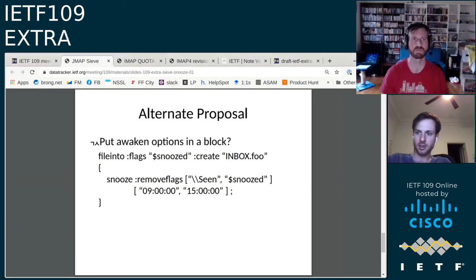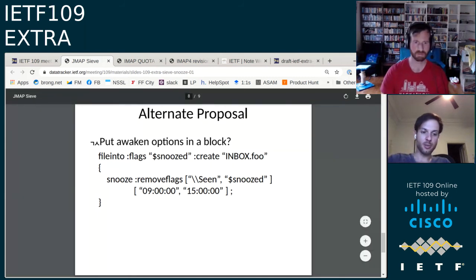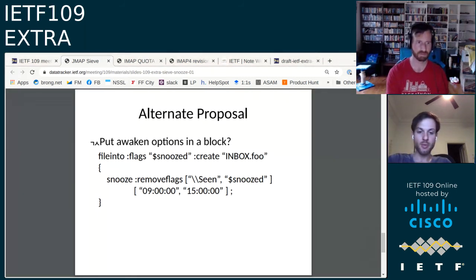I just had another quick look at what we're doing. The reason we want to be able to set flags on awaken time, the main one is some users set that they want it to be marked unread when it's awakened, but they don't want it to be marked unread immediately because they might have a view that shows all unread mail they currently have, and so you don't want it showing up there until it's been snoozed.